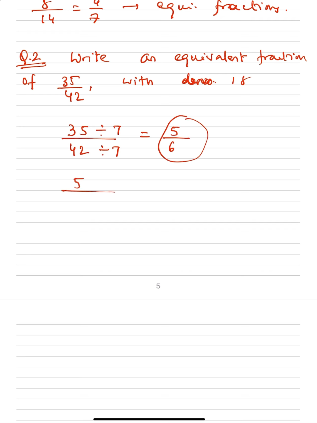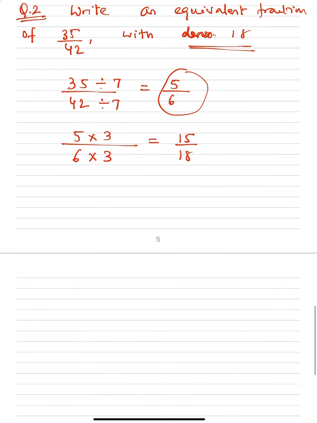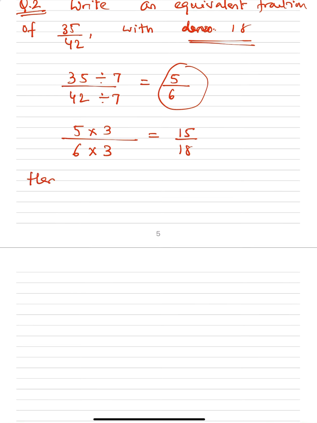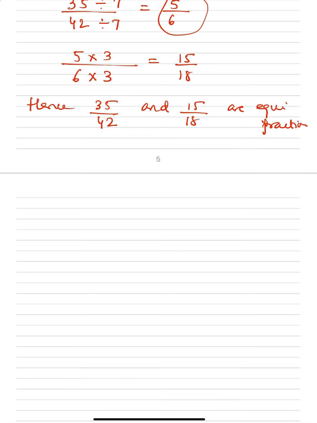Now this 5 upon 6, again I want the denominator of 18, so 6 should be multiplied by 3, so 5 will also be multiplied by 3, so we will get 15 upon 18. Hence I can say that 35 upon 42 and 15 upon 18 are equivalent fractions. Got it? This way also you can do the sum. We have done this, but let us practice it again. Okay, next example, that is write 3 equivalent fractions